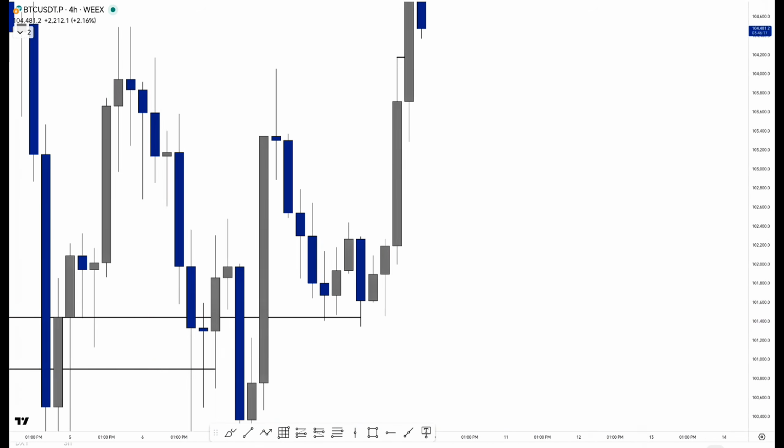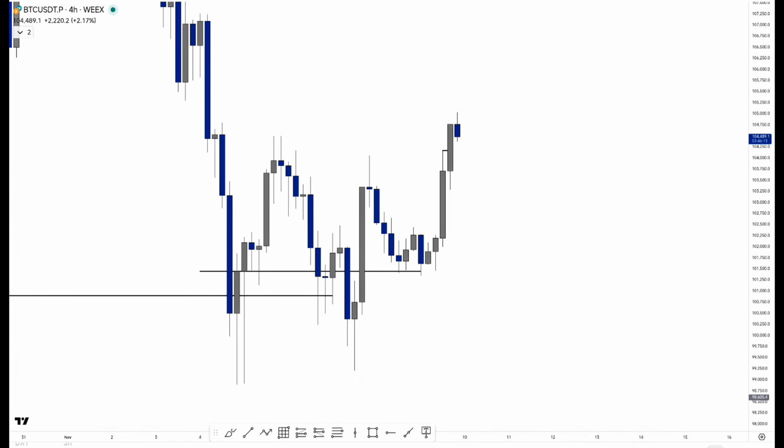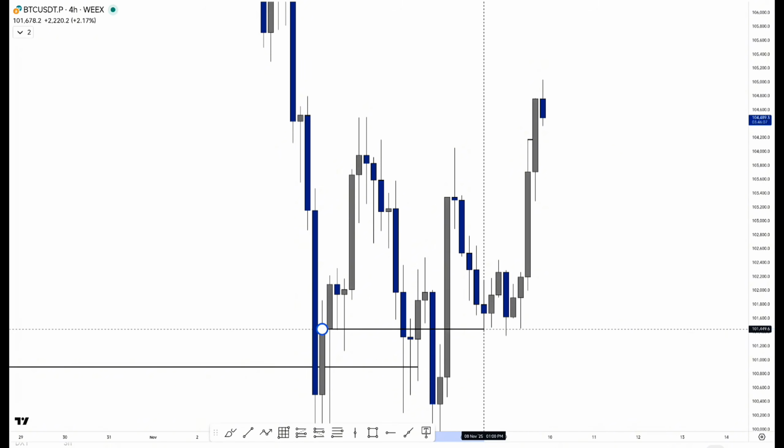So on H4 we had this, right? On H4 what we had is very, very interesting. What do we have? We had this open close key level that sponsored multiple buys before it eventually broke